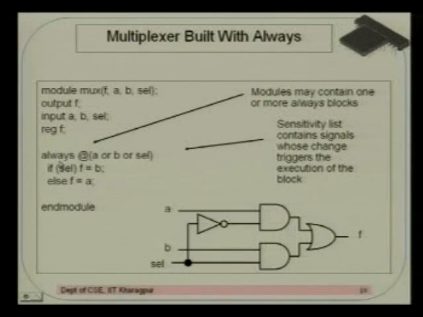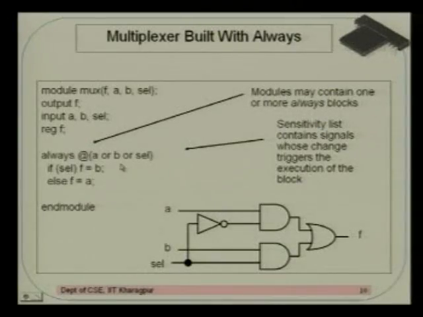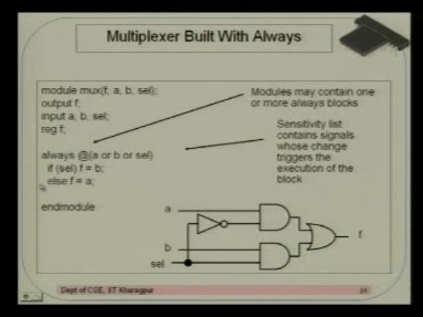So you see that whenever you have multiple always blocks in a code, all of them should be acting simultaneously. And there is something like an @, and inside there is a parenthesis. Whatever you write inside that is technically known as the trigger list, or a sensitivity list, as it is written out here. It contains signals whose change triggers the execution of this block. That means that whenever A changes, B changes, or select changes, then this particular block comes into